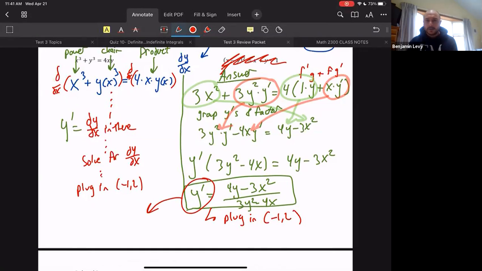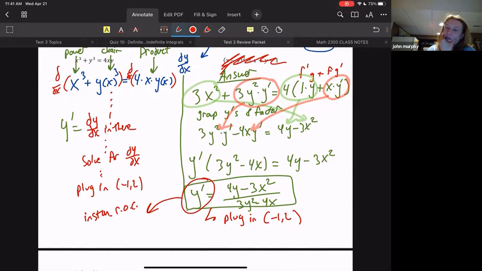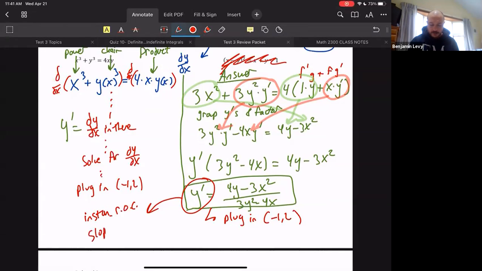There's lots of different words for it. I'll throw one out there: it's the instantaneous rate of change. That's another word for it. Now we plug in those numbers to see the instantaneous rate of change at that point. Yeah, right. Another word for instantaneous rate of change is slope of the tangent line. Other descriptions: how the function's changing, the steepness of the graph. I like to think about it just as the steepness of the graph.